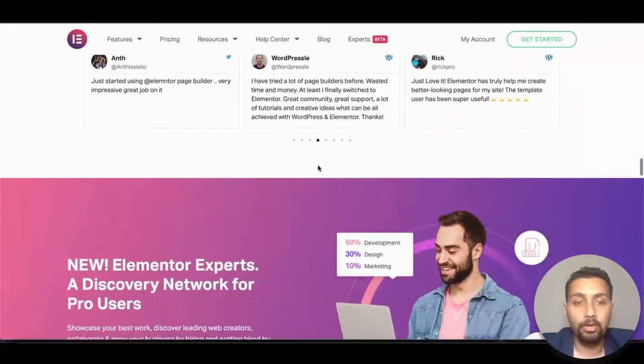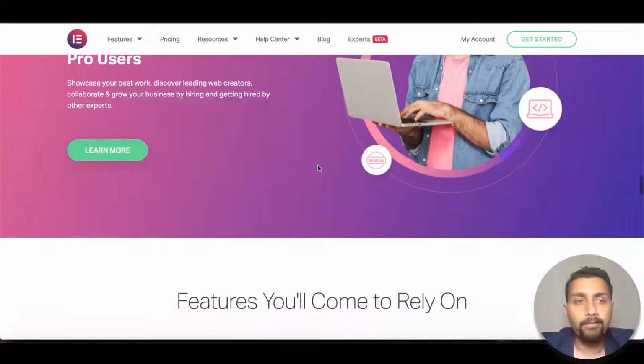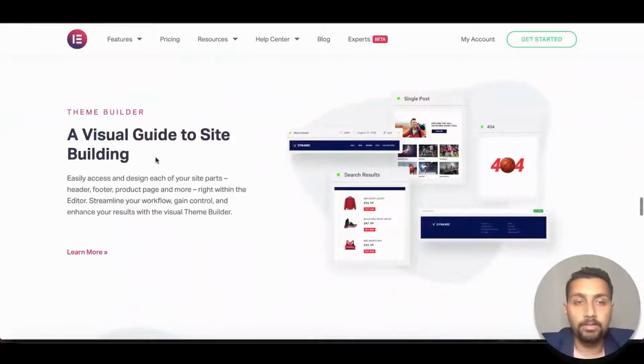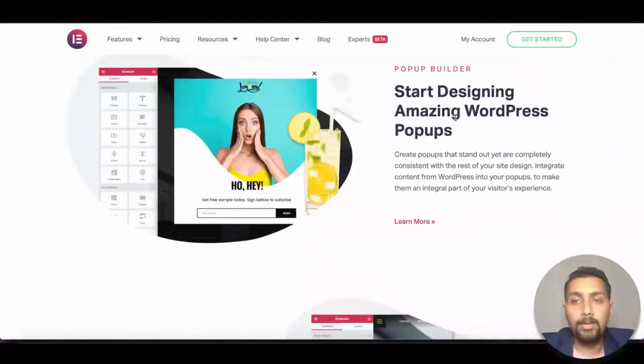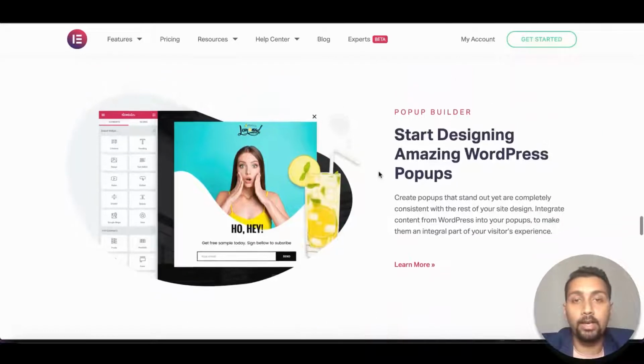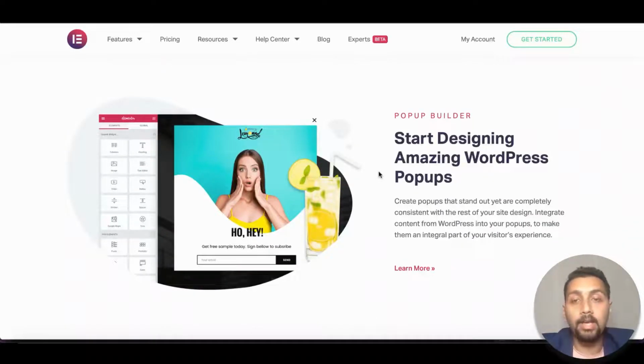So there are some user reviews, and then you have these features: a visual guide to site building. I'm going to show you that. And start designing amazing WordPress pop-ups. Yeah, so pop-ups is one feature that is not available in all the plugins, and there have to be different kinds of plugins installed if you don't use a page builder like Elementor, because with Elementor Pro you actually get all the features in one plugin itself.